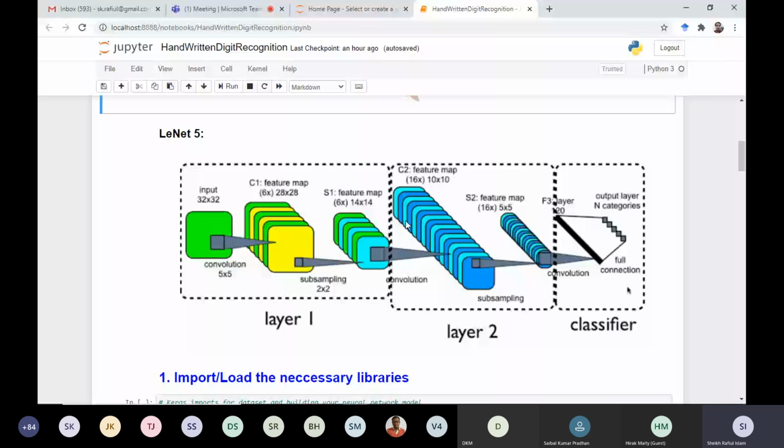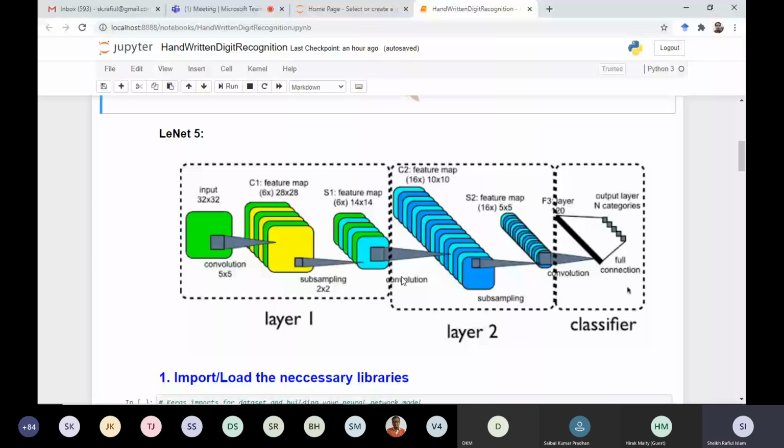Here, the number of filters used is 16, and if you see, the size of the feature map has been reduced. It was 14 cross 14, it is 10 cross 10. So the number of kernels used is 16, and the dimension of each kernel is again 5 cross 5.